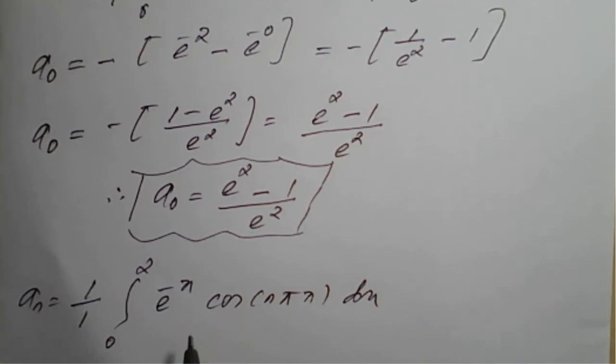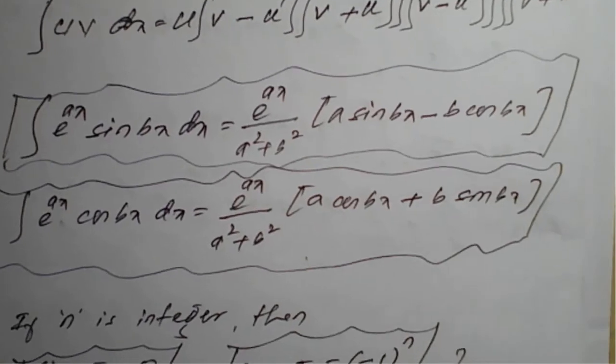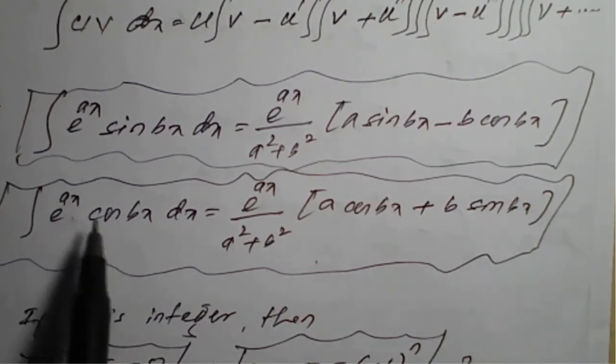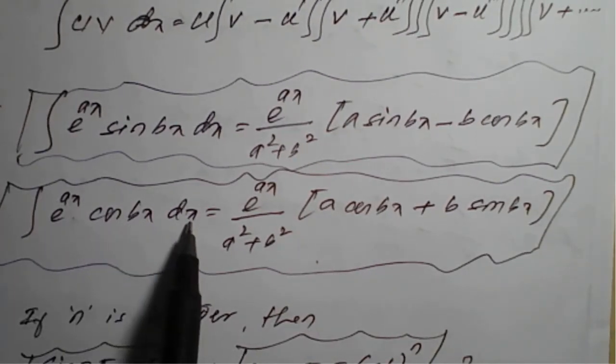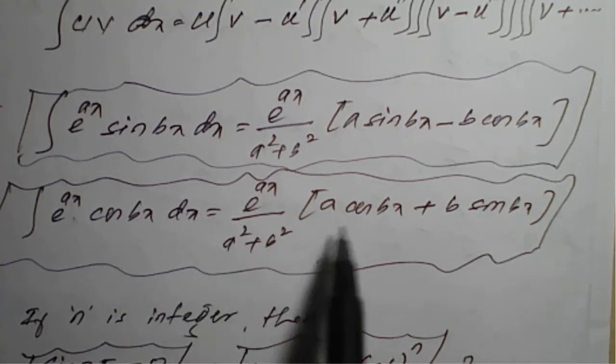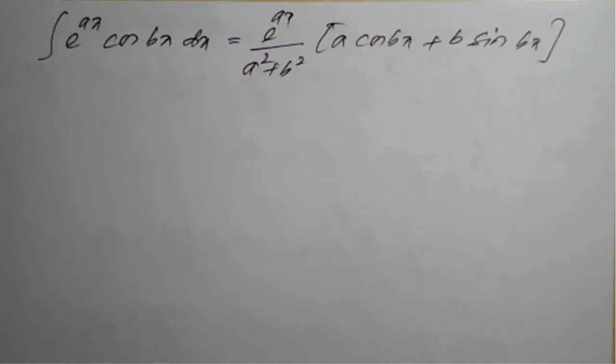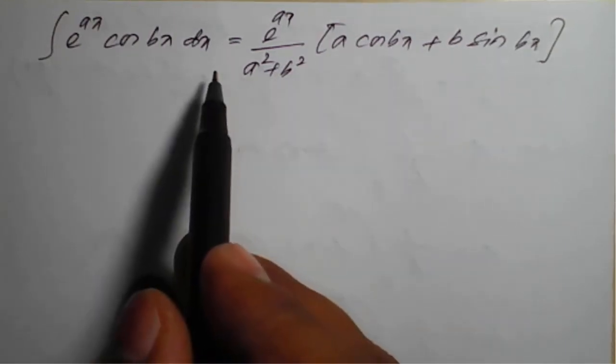One of the important formulas which I already discussed in some of the important results. So I will go back and I will show you that once again: integral of e raised to ax into cos bx into dx is nothing but e raised to ax upon a square plus b square. So I will note down this formula once again. So we'll apply that formula. That formula is, so this is our standard formula.